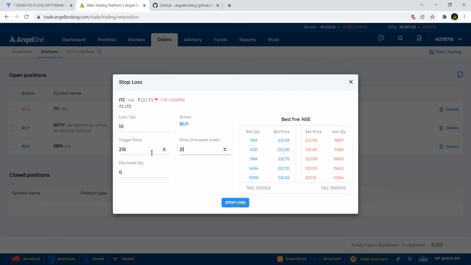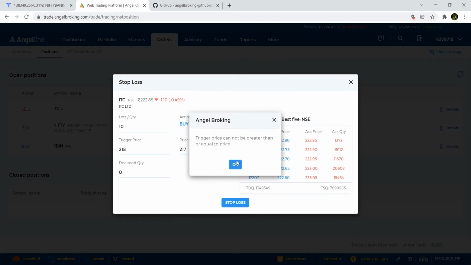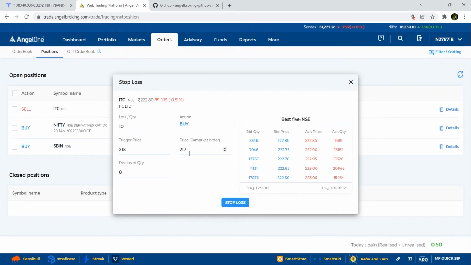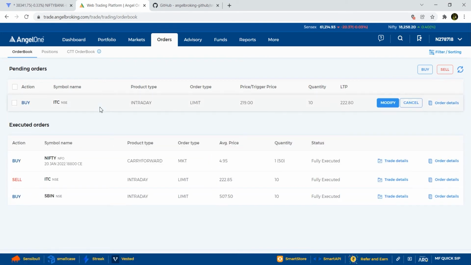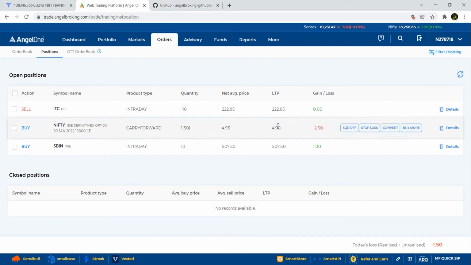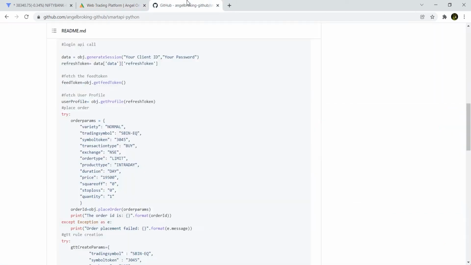Price would be 217. Alright, so sorry, let me just change it to 219. Okay, so we have placed a pending order over here right now, and we have placed 3 positions. So we are going to square off it all, and we are going to cancel all the open orders.